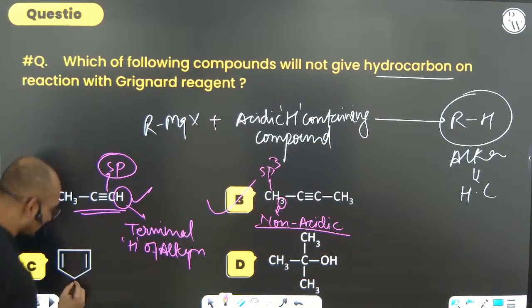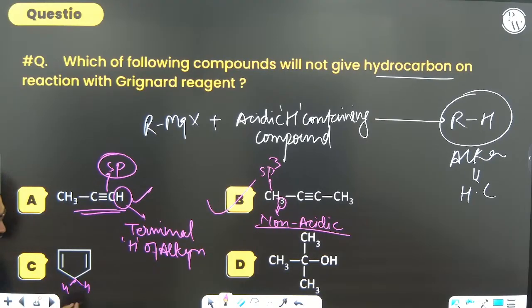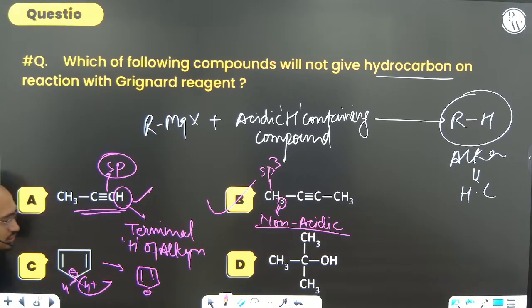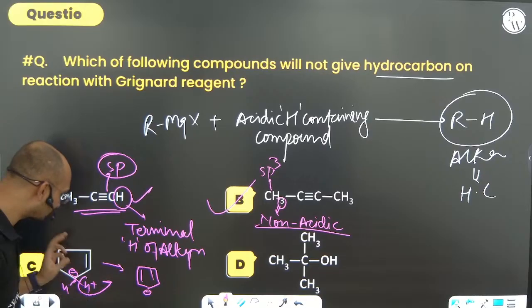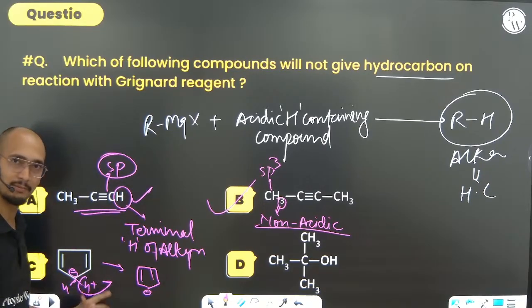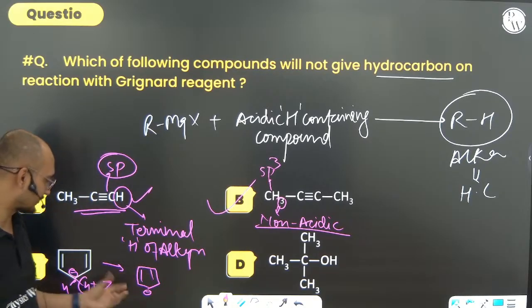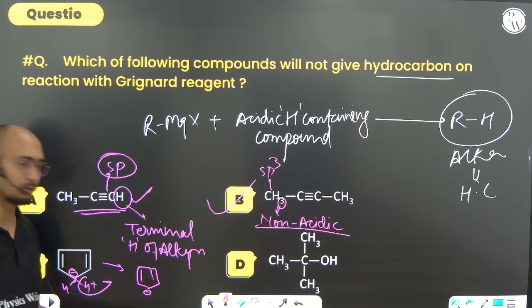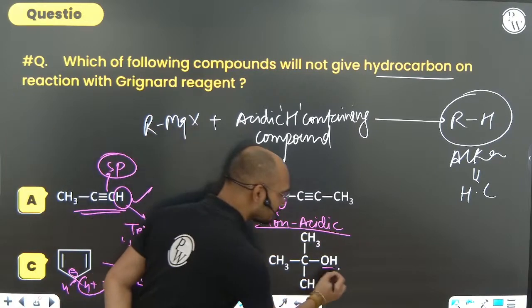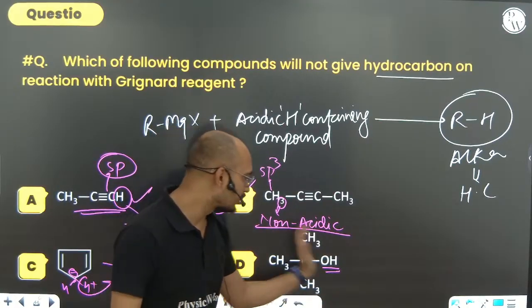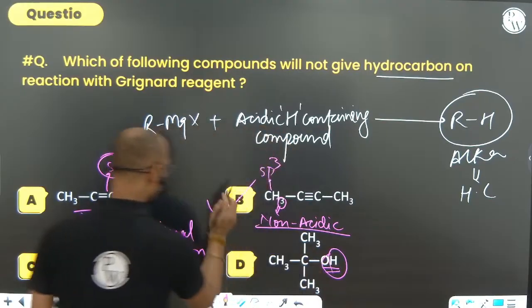Yes, correct. Whereas here you will see there are 2 hydrogens, but after removal of hydrogen as H plus, what will happen here? A minus charge will come, which will make it more stable. Basically, it will make it aromatic. Because of the formation of an aromatic compound, it will be more stable, so of course it will easily lose the hydrogen. Therefore, this will be okay. It is called quasi aromatic substances, which after donation of H plus can convert into aromatic substances. Here we can say, wherever an OH bond, NH bond, SH bond, or HX bond is there, all those hydrogens are acidic hydrogens. So of course this can also give; only B cannot give.